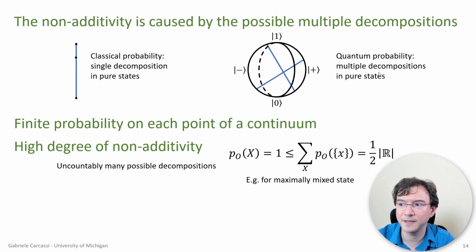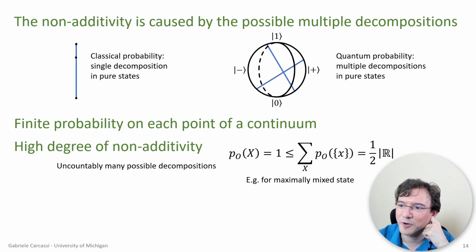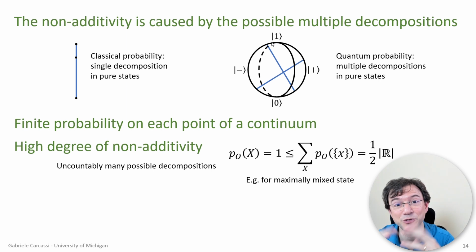in fact infinite, decompositions. If you take a point here, this could be the convex combination of these 2 points or of these 2 points. Basically, any line that passes through this is going to intersect the sphere in 2 points, and so that point is going to be a convex combination of those 2 extreme points. The other thing that is interesting here is that we actually have a finite probability on each point of the continuum. So every point here would have a finite probability, and it's not a probability density. It's not something that you integrate in the standard sense.